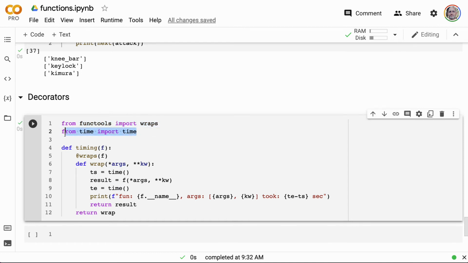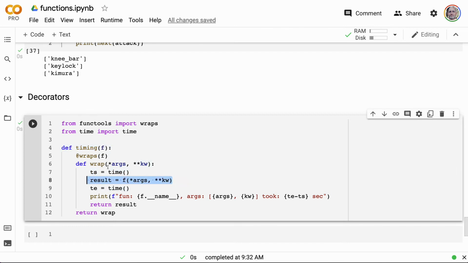So look at this. I just say from time import time, and I say timing, and I just wrap. This is the input function. So again, this is the big fish that swallows the little fish. It swallows the other function and wraps it up. And then now I can just do things with the function that I grab. So I can say, I want to keep track of the time.